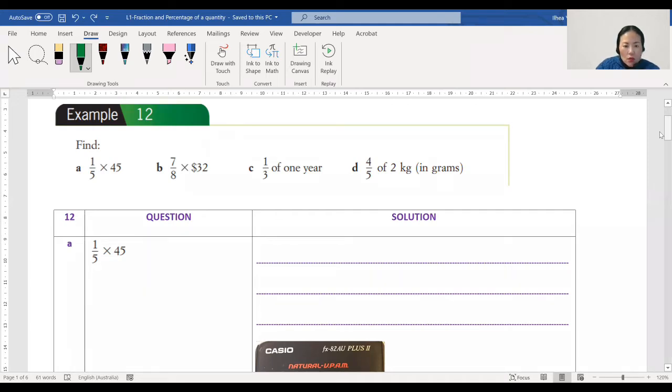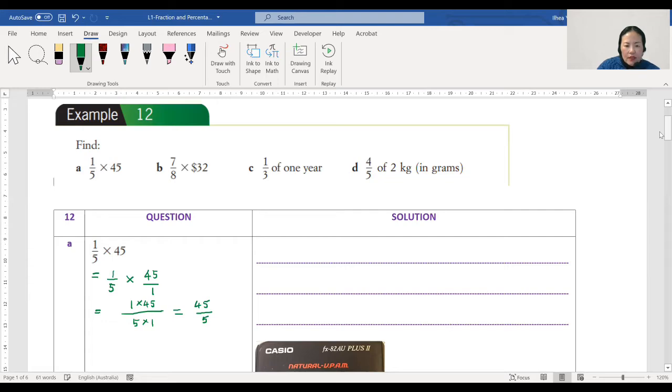Okay, so 1/5 here and times 45. I'm going to change this one to a fraction as well, 45/1. Now with that, I could just do 1 times 45, because all the numerators together, all the denominators together with a times. 5 times 1. Okay, and that will give me